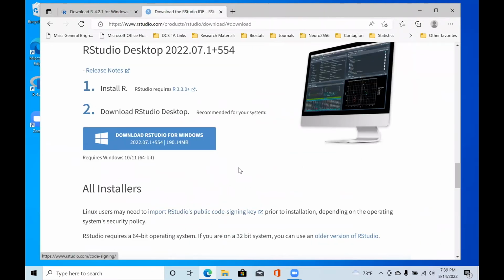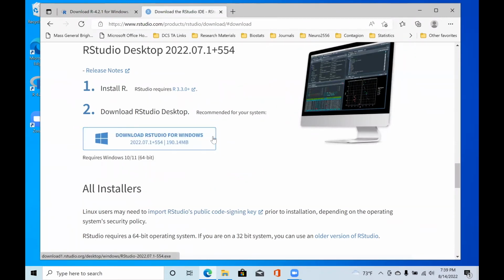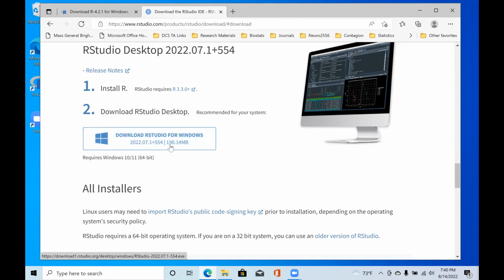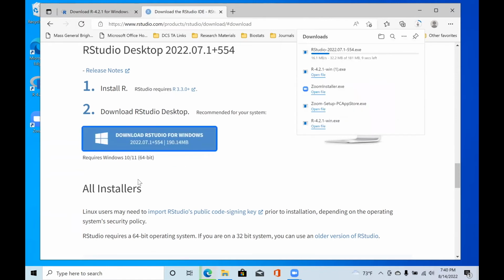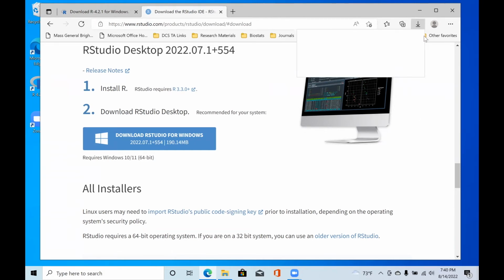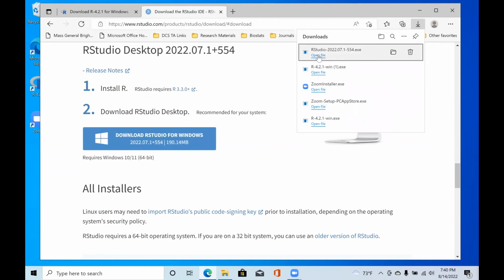Click download. And what's nice about the RStudio download page is it actually can guess what the correct version of RStudio is for you. So in this case, it's going to be the 2022 version of RStudio for Windows. And I can just go ahead and click that. Again, if you're on Windows 10, 11, 64-bit, it's going to be the same as this. However, if you're on a machine that does not run either of those or is a 32-bit machine, it will also be able to guess that. But either way, when you get your correct version,